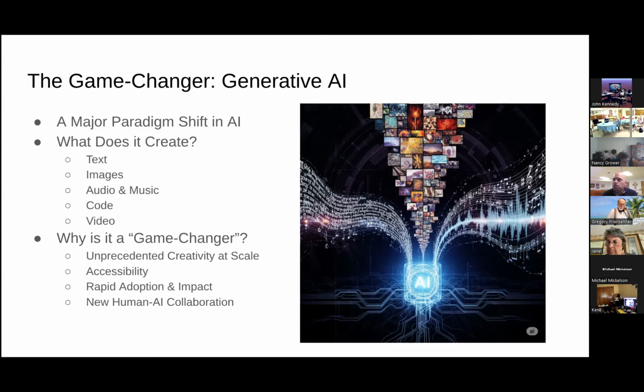So why is generative AI a game changer? It allows for unprecedented creativity at scale. It automates tasks previously thought to require human creativity. So I think a fear with a lot of people is that human creativity is being replaced by this. But at the same time, if you picture someone like me, I'm not an artist. I would not be able to, in 100 hours, create a piece of art that I could ask the AI to create, using the ideas that I have.